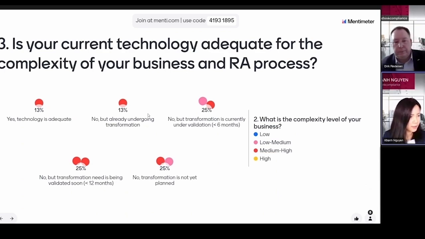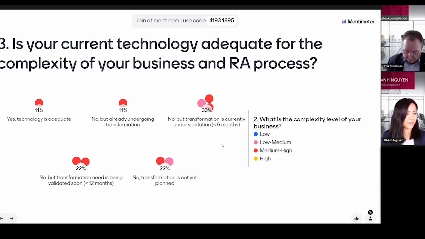And we have quite a wide spread from yes, the technology is adequate to no, and nothing's planned yet. Yeah, so we have still more answers flying in. Let's wait a second. But yeah, no real big trend.